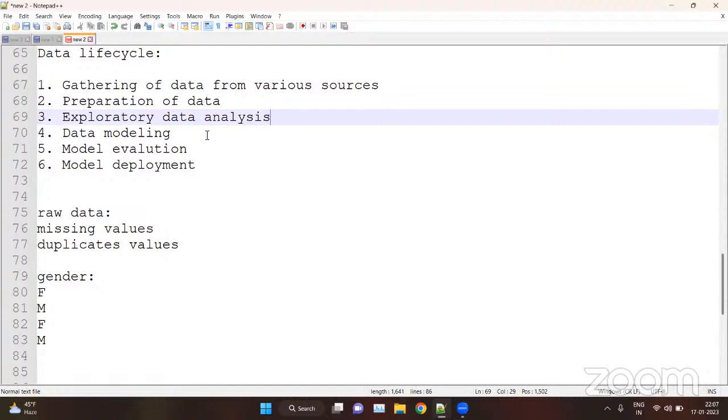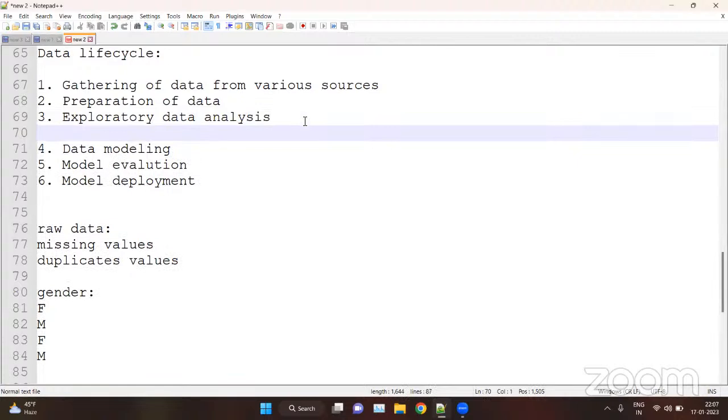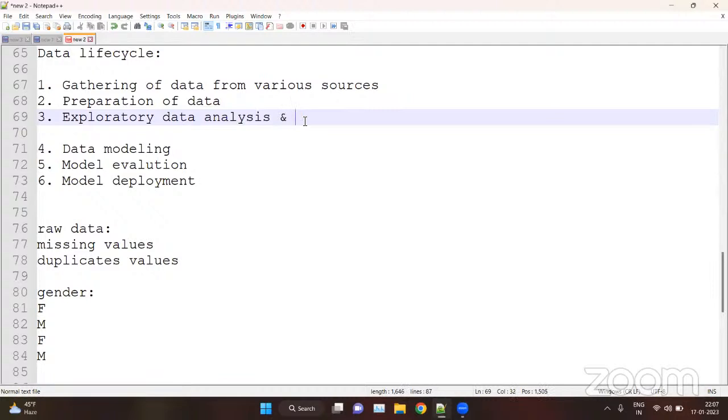Now, data modeling is where we prepare the model. The exploratory stage also includes analyzing the data and data visualization. So here we can mention that it also includes data visualization. Basically, it is not compulsory, but we can mention it.